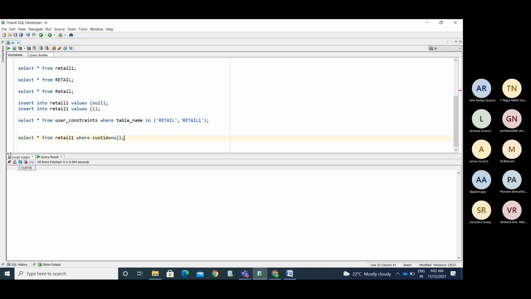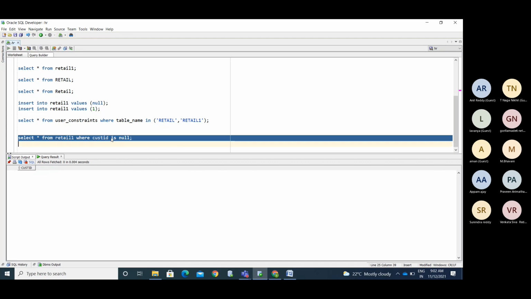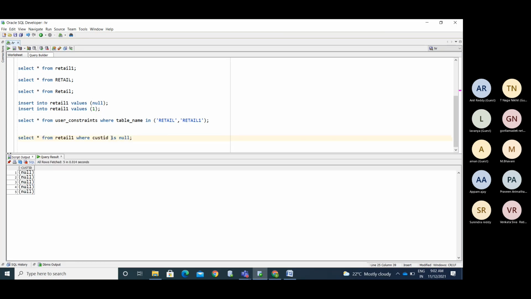It is not coming here. So you cannot retrieve the data like this because you cannot compare whether this value is equivalent to this null or not. That's why you are not getting it. If you want to work with this type of thing, you need to use the IS operator. We will see it in the operators class.